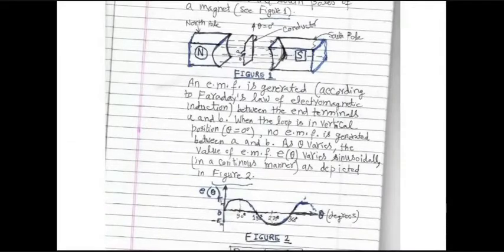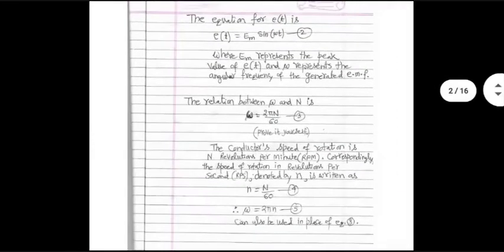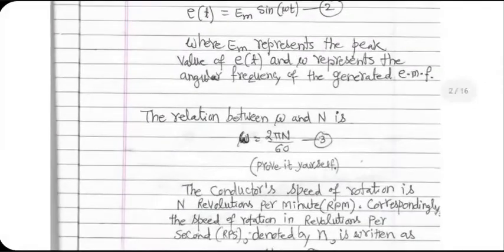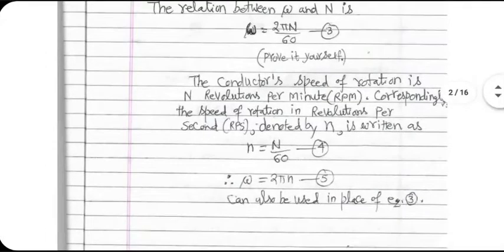So if you have high speed rotation, the frequency generated will be high. That's why you see omega being proportional to the RPM value. This equation will be encountered again and again in the rest of the course. Even for AC generators, it will show up. Even for motors, it will show up. So try to memorize it if you cannot derive it from first principles. Omega equal to 2 pi n by 60, where n is capital, which means it is RPM. If it were small n, which means RPS, then you will say omega equal to 2 pi small n.